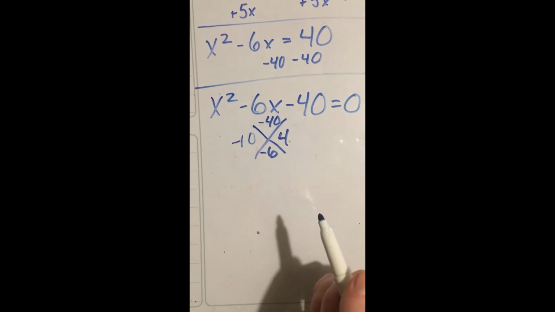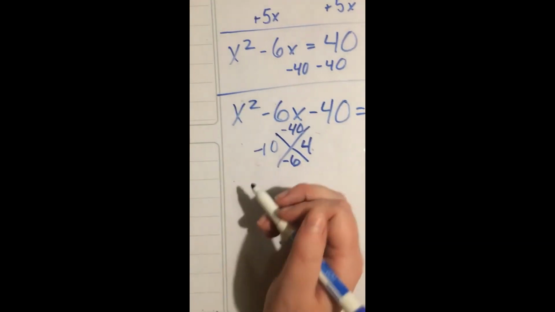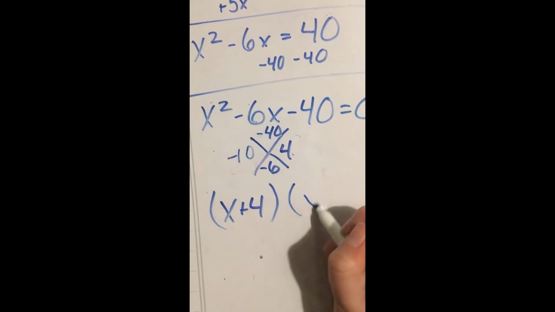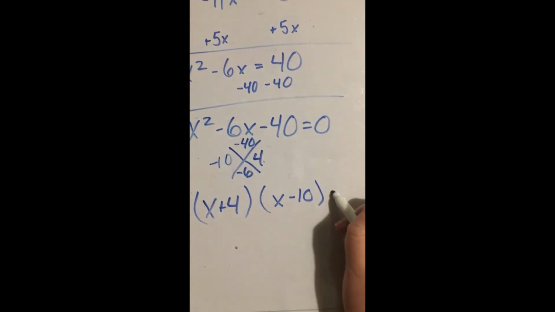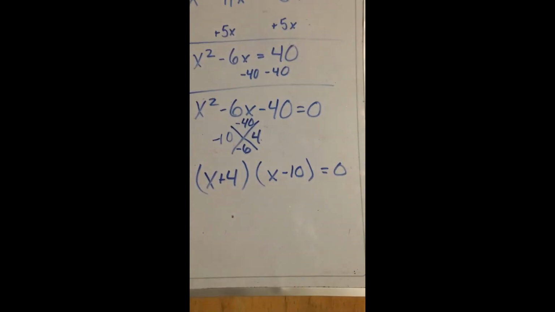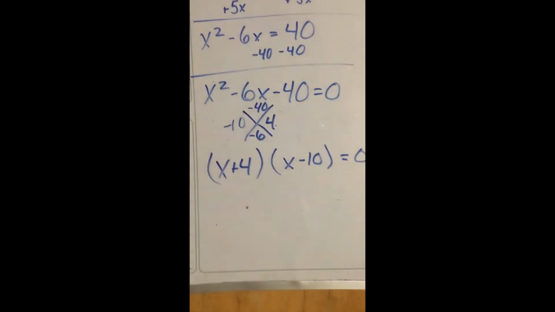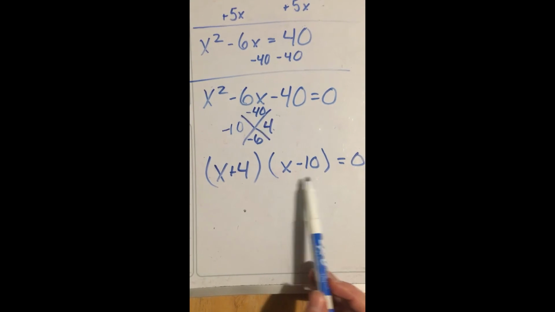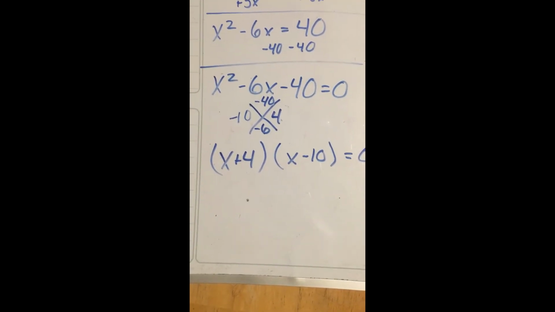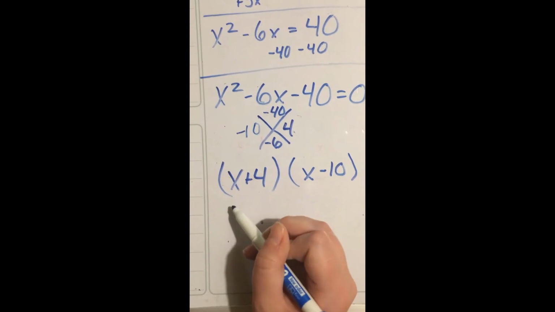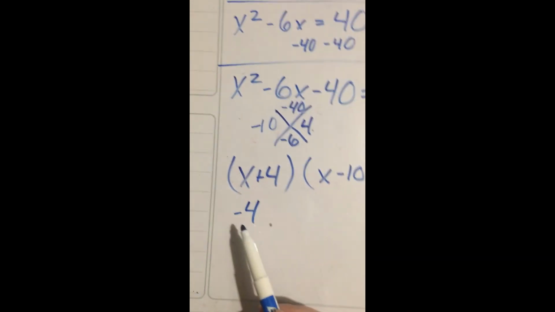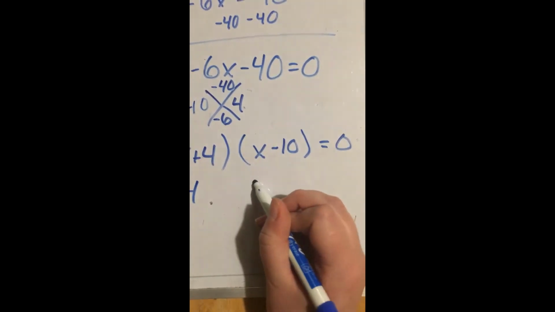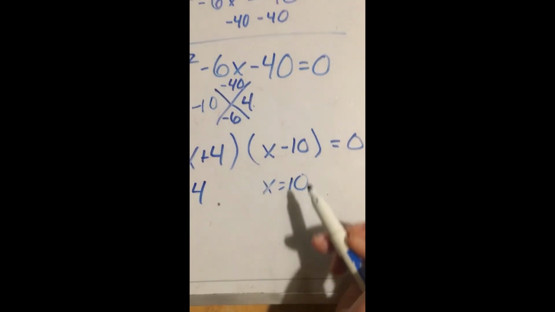Alright, so we know that it's going to be factored into x plus 4 and x minus 10 equals 0. This is where we get back to the a times b equals 0. In order for something to equal 0, this equals 0 or this equals 0. If this were to equal 0, we know that x would have to be negative 4, because negative 4 plus positive 4 is 0. If this was to equal 0, that would be at x equals 10, because 10 minus 10